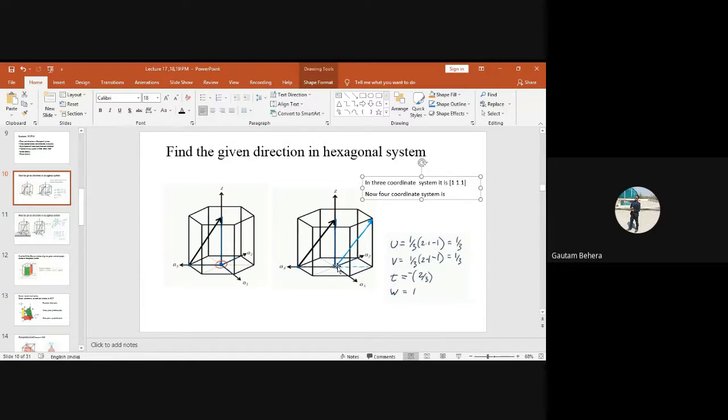Just have a look. This is the origin, and I want to reach this point. The starting point is the origin and the finishing point is this one, the arrow mark. So I'll move in this direction first, because the a1 direction is here. In the a1 direction, I am moving 1 unit magnitude first, so that is 1 already. Then I will move in this direction, because this direction is parallel to a2.